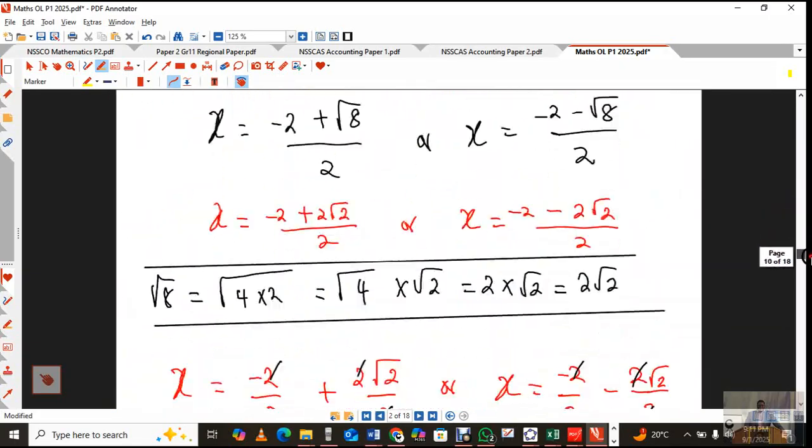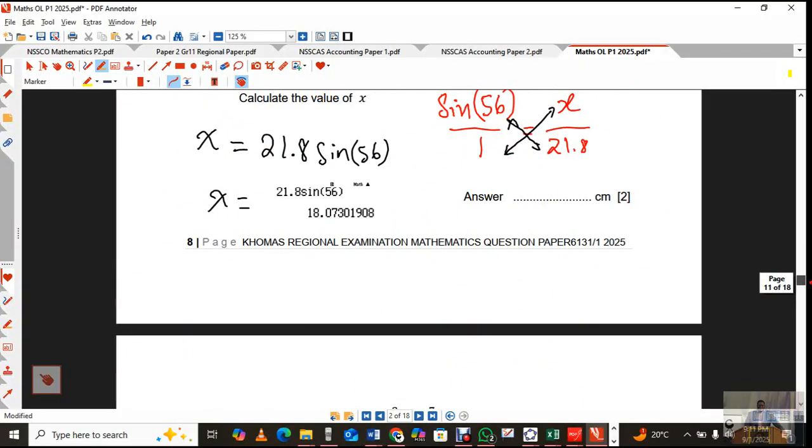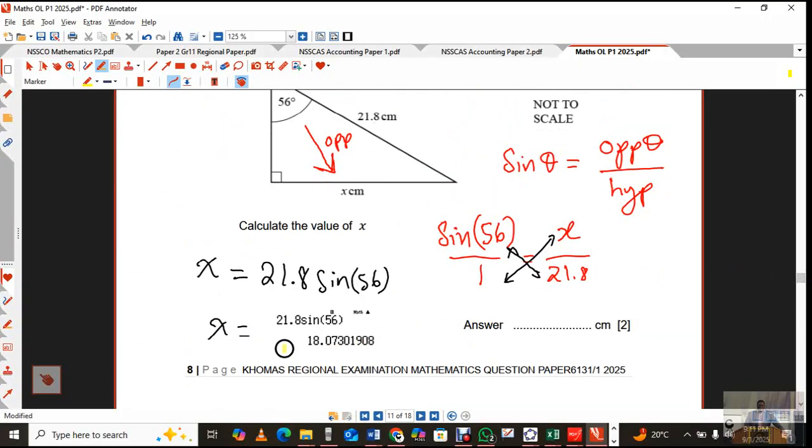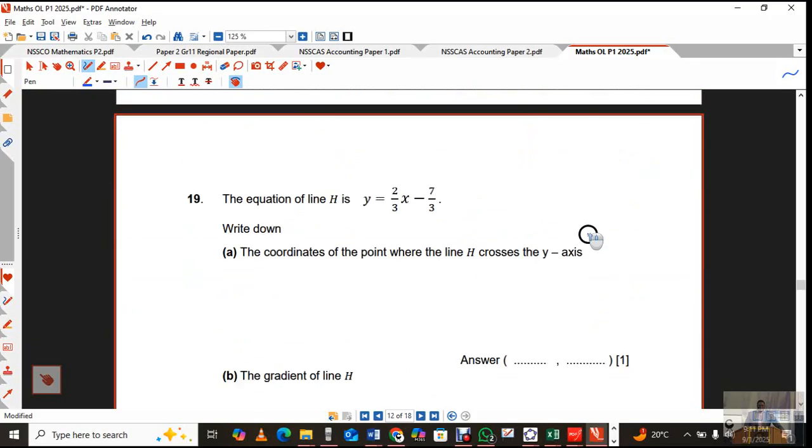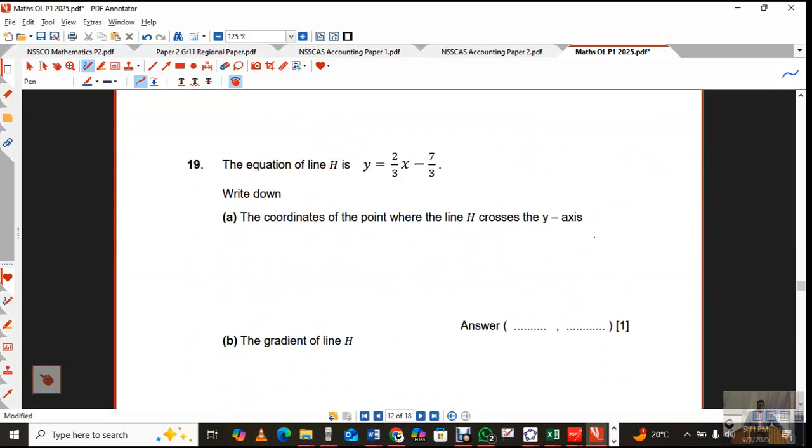So that is going to be 18.1. So this is where I am. To 3 significant figures, it's 18.1 centimeters. Right, 18.1. Good. Next question. They say the equation of the line is y equals 2 over 3x minus